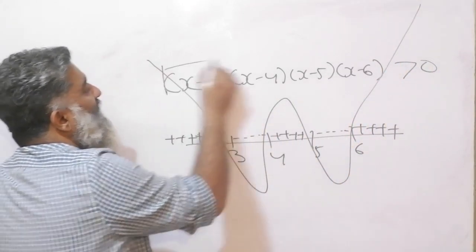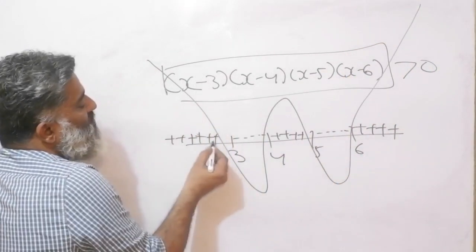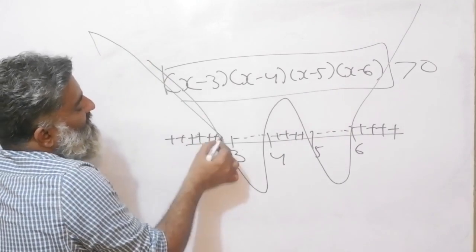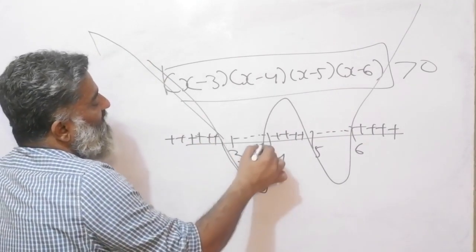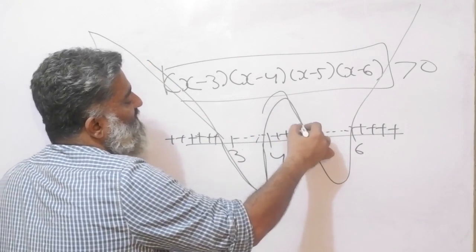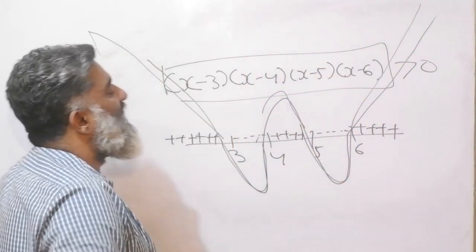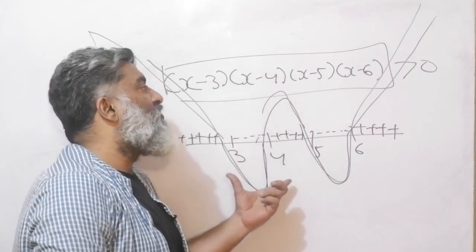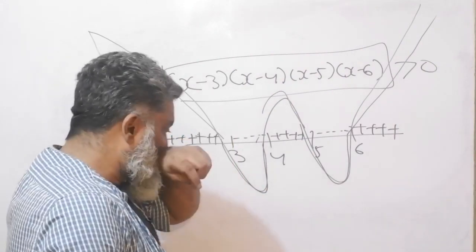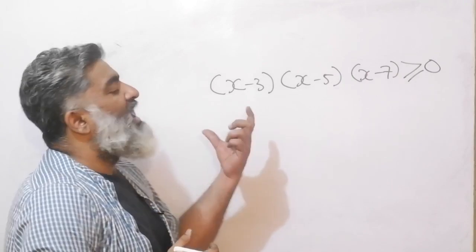If you find the graph of this expression, because I know it's positive, that means it's coming down to 0, then becoming negative, then between 4 and 5 it becomes positive, between 5 and 6 it becomes negative, and then beyond 6 it will keep going higher and higher and higher. This is not an accurate representation. So now we have the idea in place.